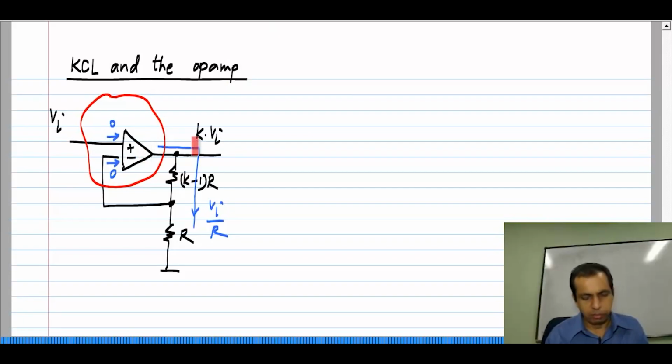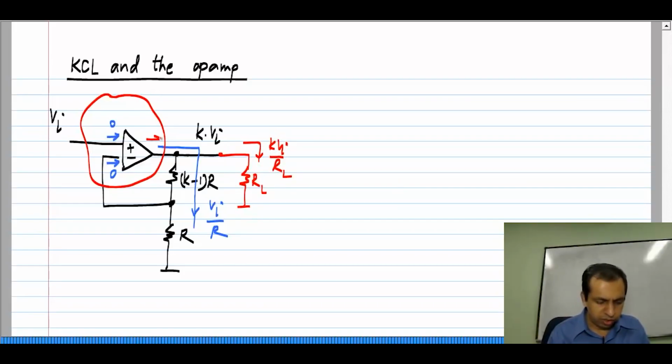Okay. The current coming out of the op amp is Vi by R. In fact, I could add a load to it, and then a current KVi by RL will flow that way. So, the total current coming out would also include KVi by RL. It will be Vi by R plus K times Vi by RL, and these are 0. So, if you sum the currents there, there and there, let us say coming out of this closed surface, it is clearly not 0. Okay. So, this seems to violate KCL, which of course cannot be violated at all,